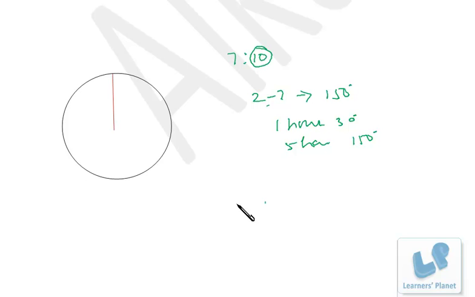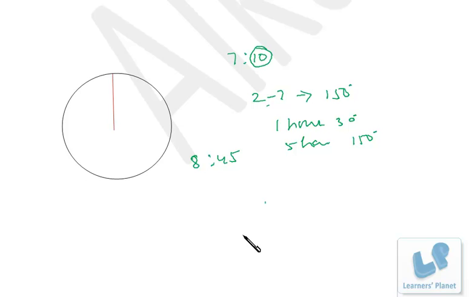One or two small examples I'll just take. Suppose it's 8:45. So the minute hand will be at 9 and there is just a 15-minute gap between the two, right? And 1 hour is 30 degrees, that means 1/4 hour will be 1/4 of 30 degrees, that is 7.5 degrees, right? So the hour hand and minute hand will form an angle of 7.5 degrees at 8:45. Okay,